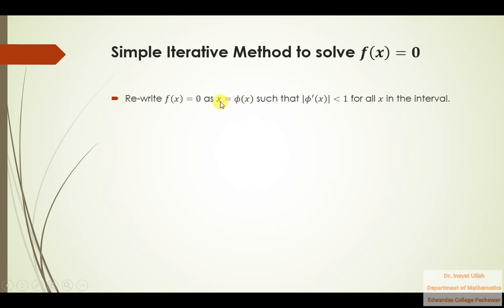We keep x on the left hand side, and the rest of the parts are shifted towards the right hand side, and that part is now denoted by phi of x. But there is a restriction: how could we write this equation in this form? The absolute value of the derivative of this phi of x must be less than 1,